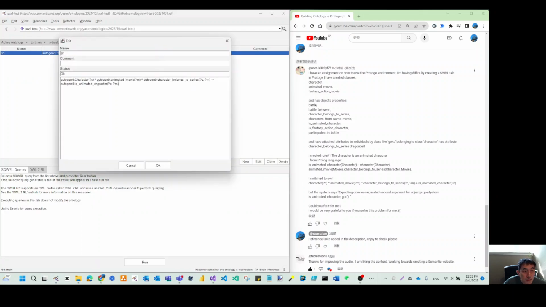Let's see. Character, movie, Dragon Ball is this character belong to. So we have Goku belong to this movie, and then it is animated character. So this one belongs to all. So we are making a conflict, because you are going to define that this character now also belongs to another class.